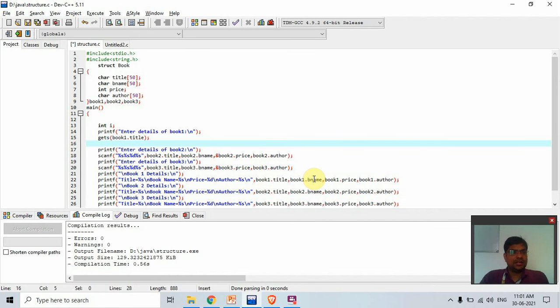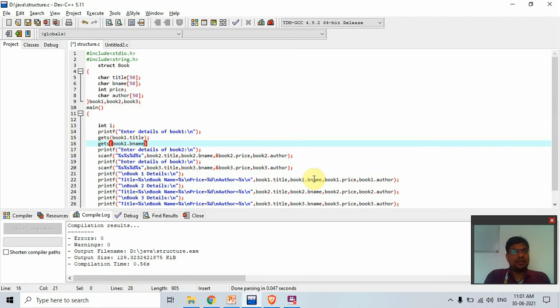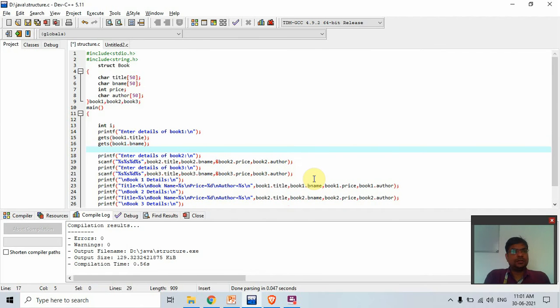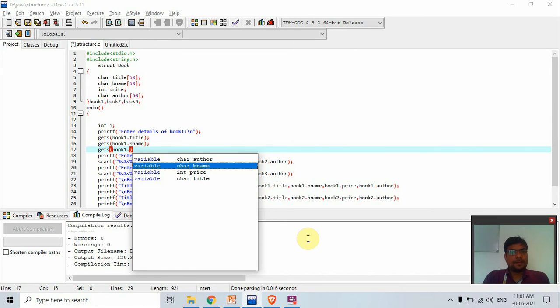After that the second, in second gets book 1 dot bname. Third, in this we read book 1 dot price.